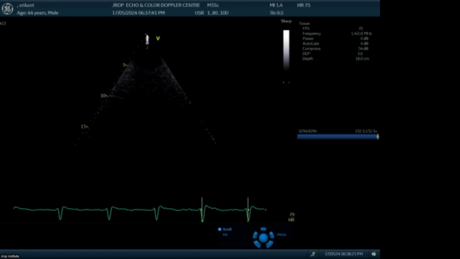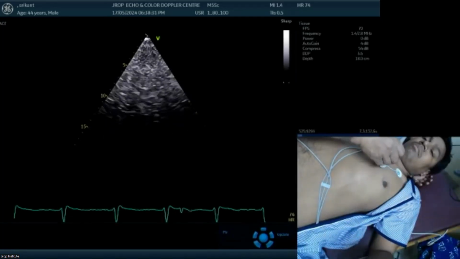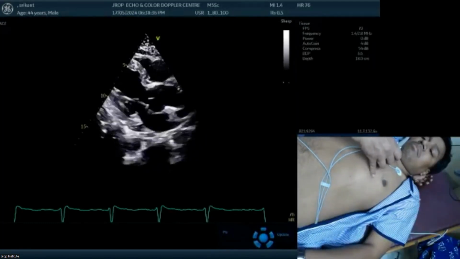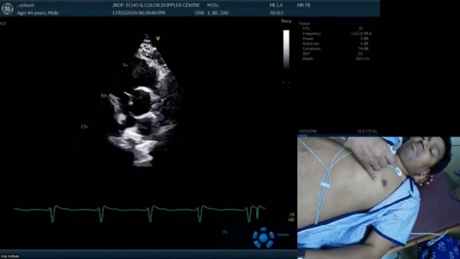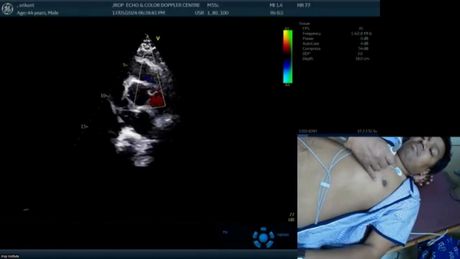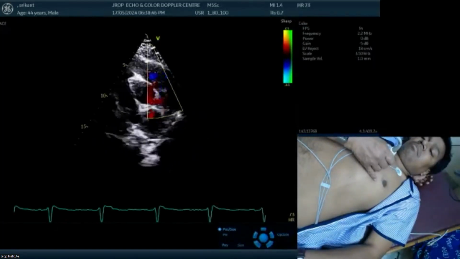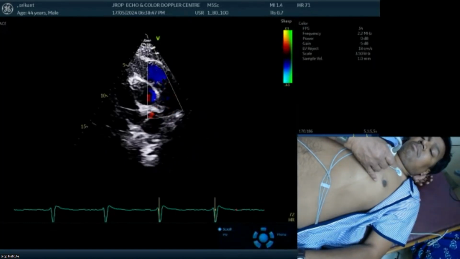Now, two things we talked of, Dopplers. First of all, I'm going to go to the parasternal window. Where do we see Dopplers in the parasternal window? The only Doppler which is seen in the parasternal window, in the parasternal short axis view at the aortic level, is the pulmonic valve. Remember this very important fact. Here is the pulmonic valve. And the principle of color Doppler is blue away, red towards. So in this case, blue color would be seen